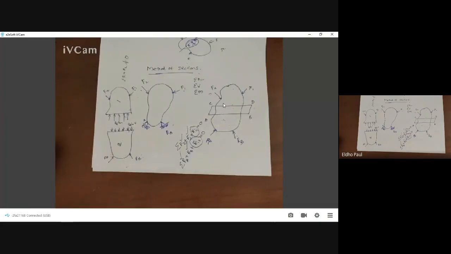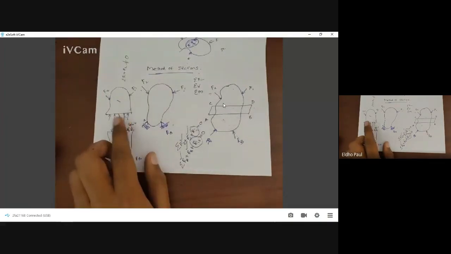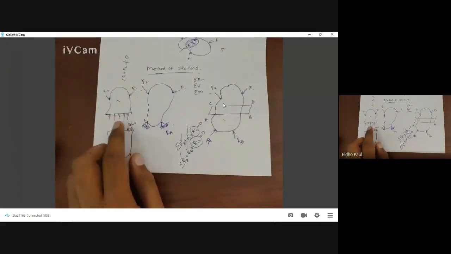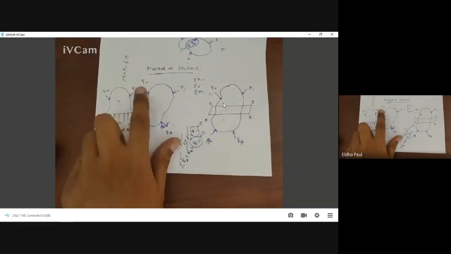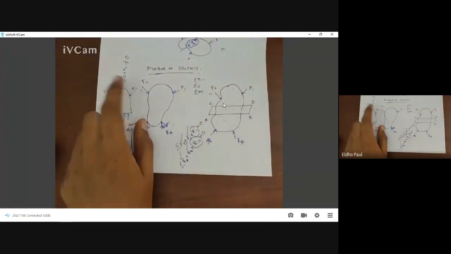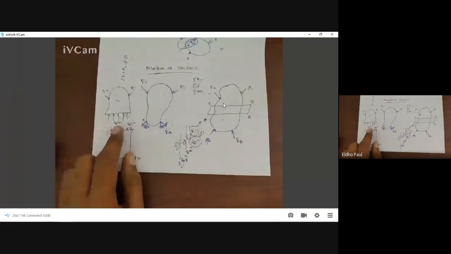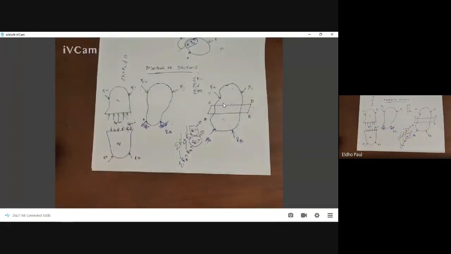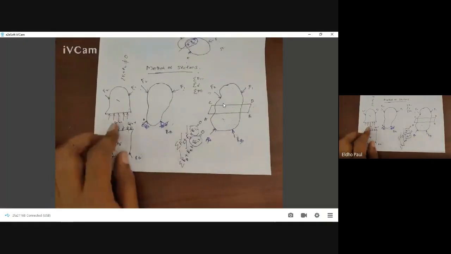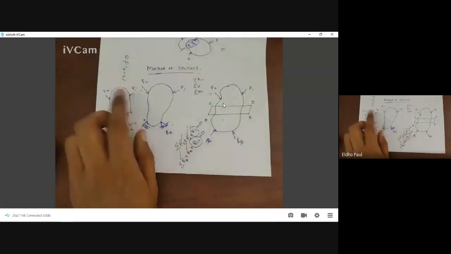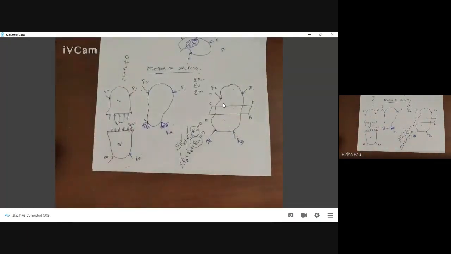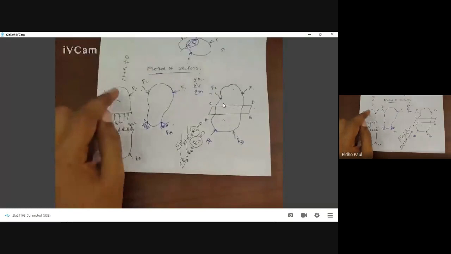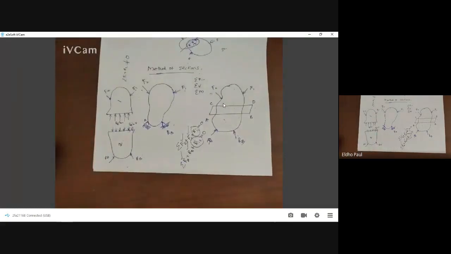By developing an internal force, Ri1, and this internal force direction will be opposite to that of the resultant of F1 and F2. The direction of Ri1 will be opposite to the direction of the resultant of F1 and F2. And the magnitude of this internal resistance force will be equal to the resultant of F1 and F2. So by developing an internal resistance force, we can maintain the equilibrium condition for part 1.